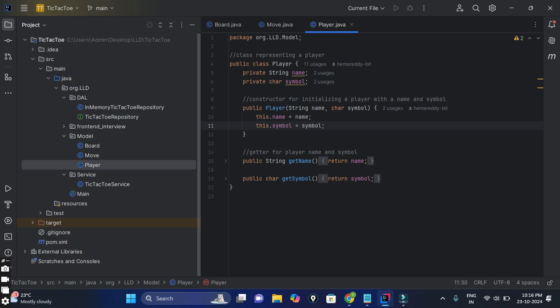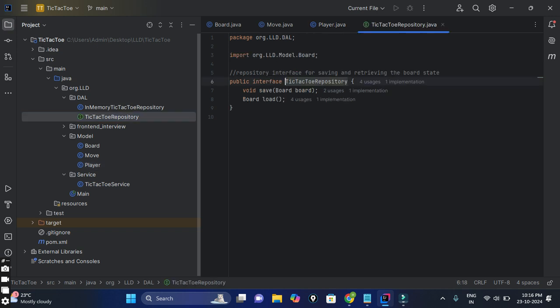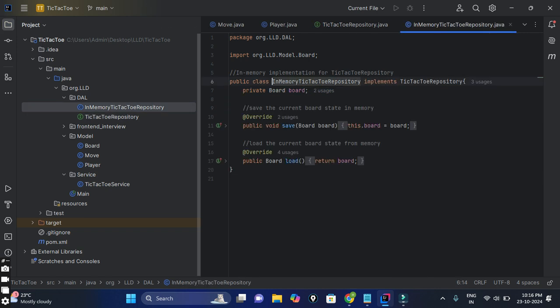Now let's move on to the repository. It's a tic-tac-toe interface. It is used to save a board and load a board from a database. This interface and its implementation are part of the data access layer. They help in storing and retrieving the board state. In our case, the game data is stored in memory,